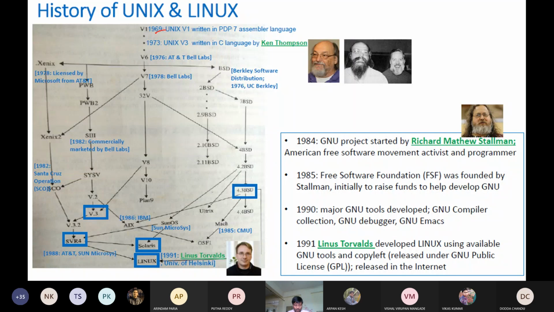So although it was written in the very first attempt, and it quite well succeeded, as you can see, later on it was immediately converted, I mean, the same thing was rewritten in C language. Those days C was a very popular language, and in fact it still exists these days also. So in the early 70s, there was version 3 of Unix, which was written by Ken Thompson. Okay,